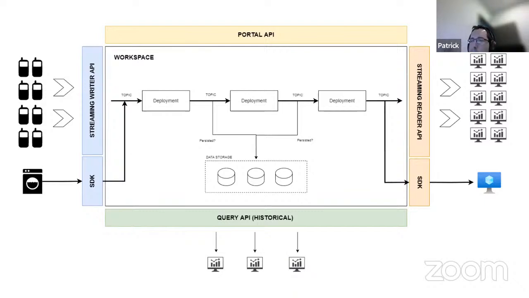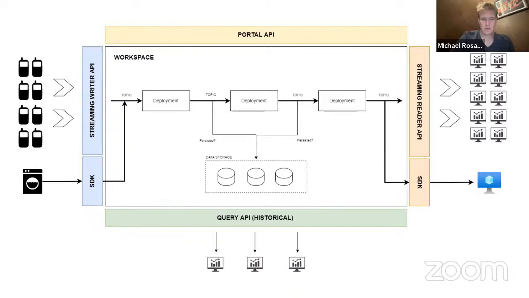So the only restriction here is that you should use one of the languages that we are providing now in our SDK. That right now is Python and C#. So there is a limitation. You need to use Python or C#. You should know how many devices you are going to use to send data, because Kafka, as we were saying before, is not good at dealing with a lot of connections.